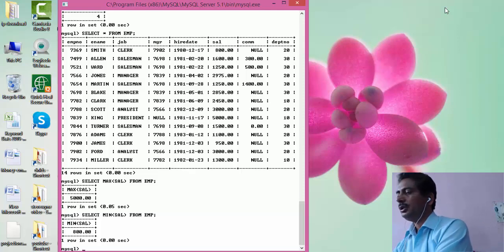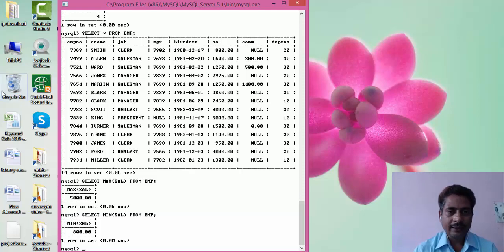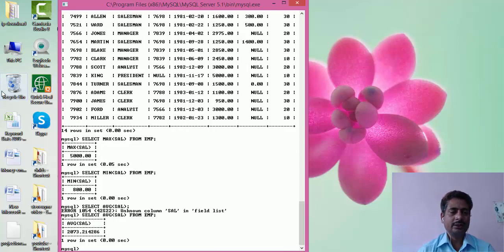So let's do the average. Finding the average value, select avg. The avg function shows the average of a numeric column, from emp. Okay, it will show the average of the salary column.